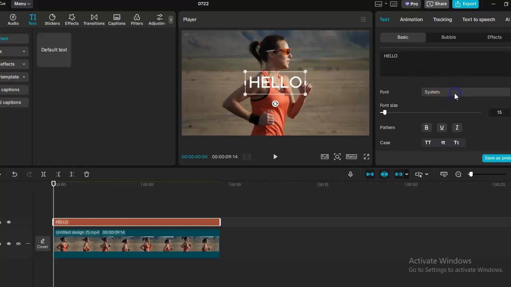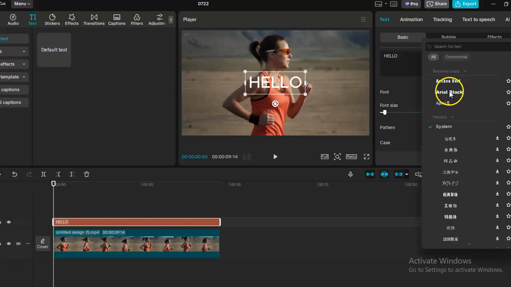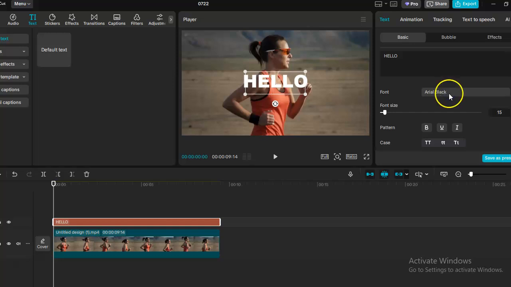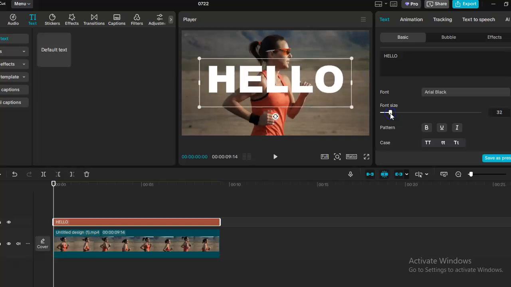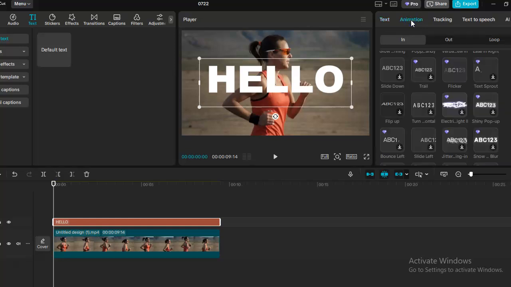and here the font, you can change the font. For example, this one, Arial Black, and font size, you can increase the color. After that, click animation and be sure it is in,